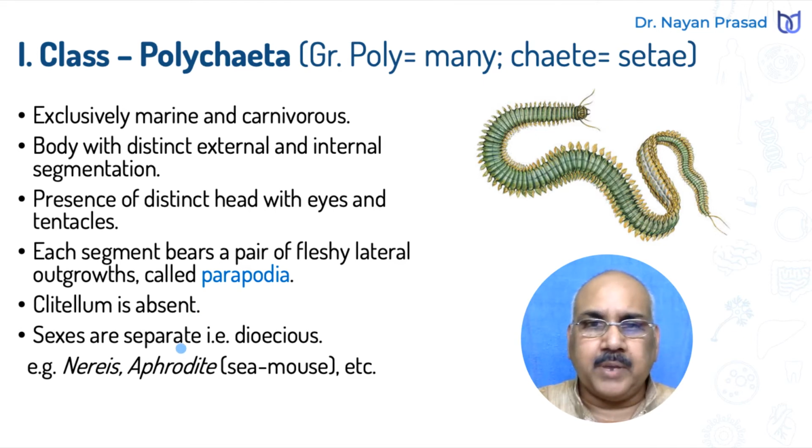Sexes are separate. That means they are dioecious. So, members of Polychaeta are unisexual. Examples are nereis, Aphrodite, that is also called sea mouse, etc. Another class,